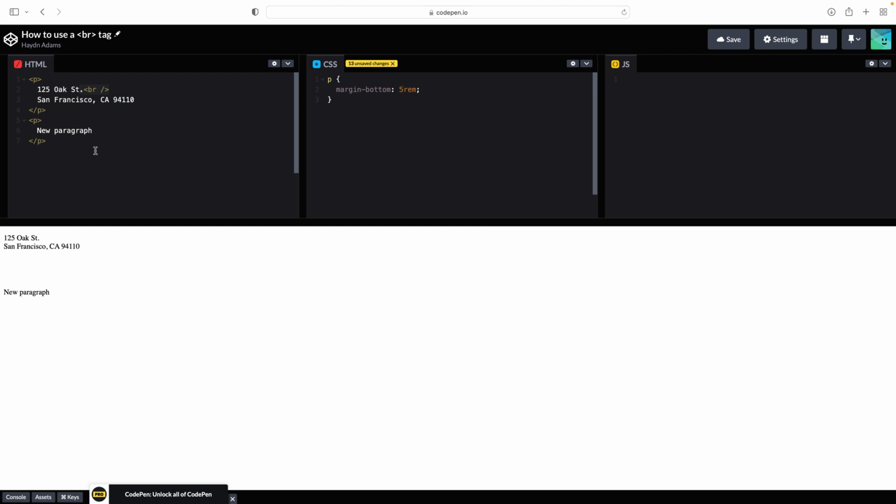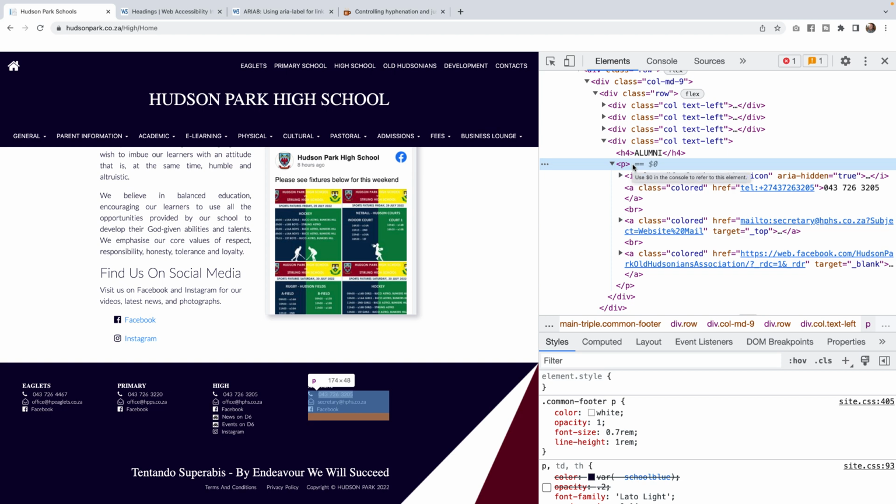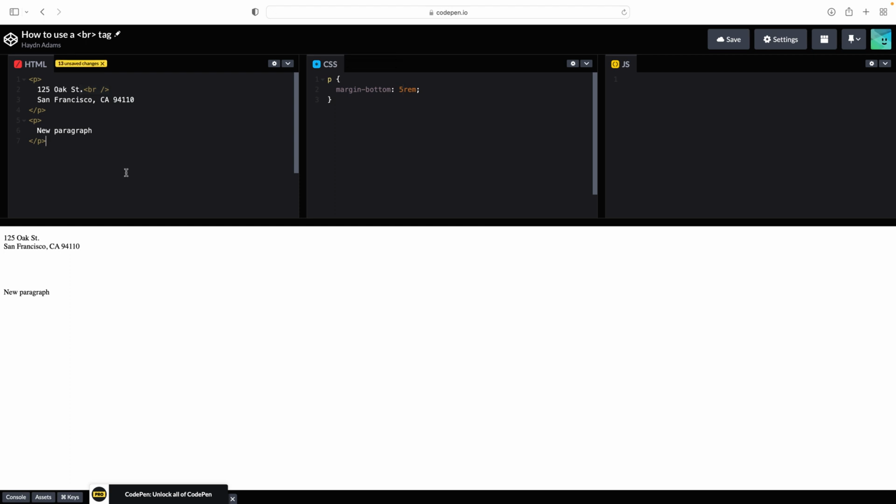Now, in this case, when we come back to this design, this isn't a paragraph per se, as we have a P tag throughout this. This is an unordered list. So what I should do is I should have over here a UL, close UL, and then we should have an LI for phone number, close the LI, and additional information. And now, yes, my bullet points do show up, but what does happen is you have a list of